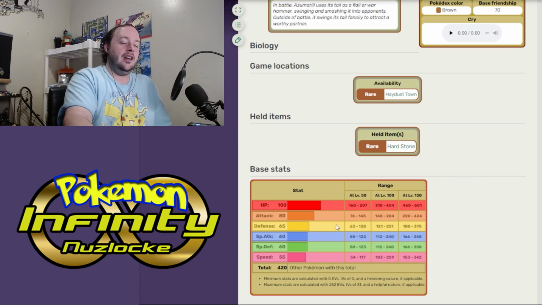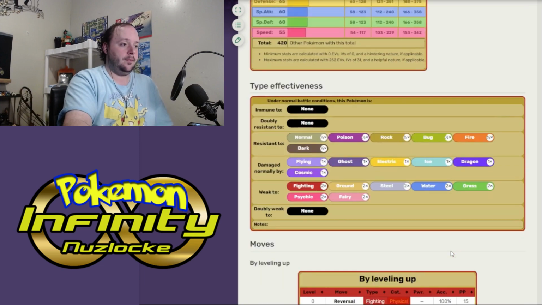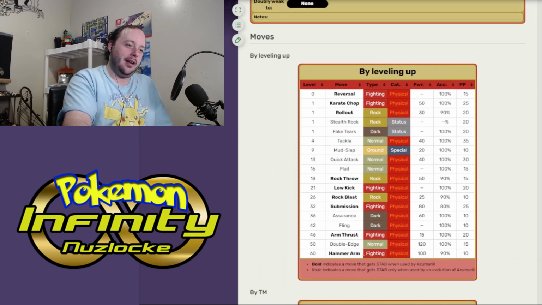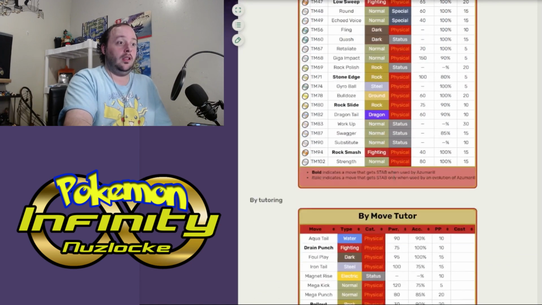So that goes from 80 to 160. I think it loses some of the defense stats it had, but it still kept the HP stat. And with Huge Power, it gained a lot more attack, I think, than the regular one. There we go. Now we got a lot more of the fighting moves, a lot more diversity. This is nice. I like the moveset here. This is very good. Like I said, still with being rock and fighting, you get a lot of good moves you can